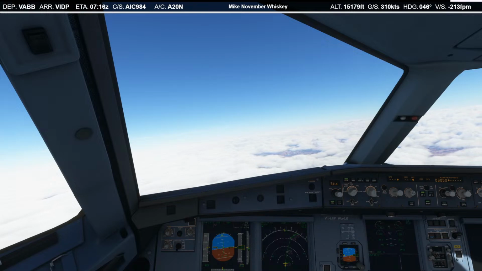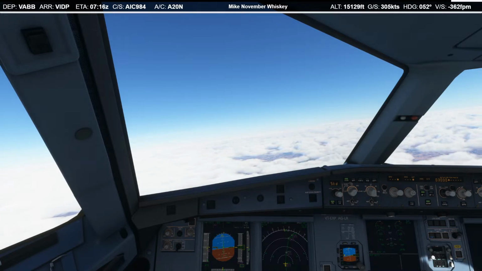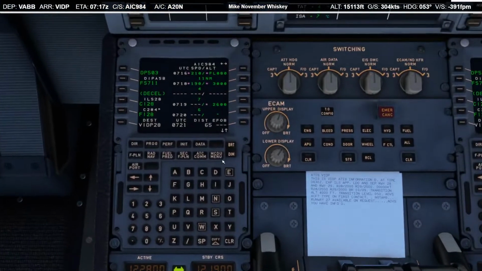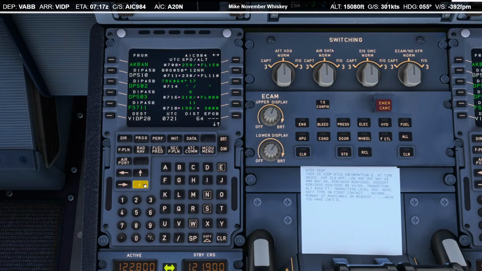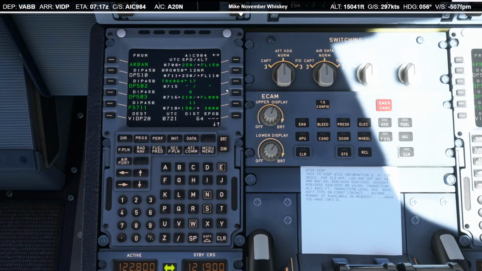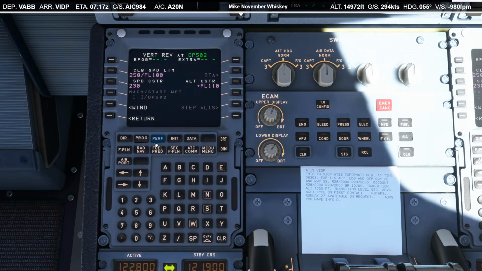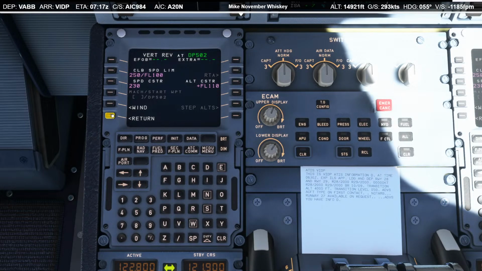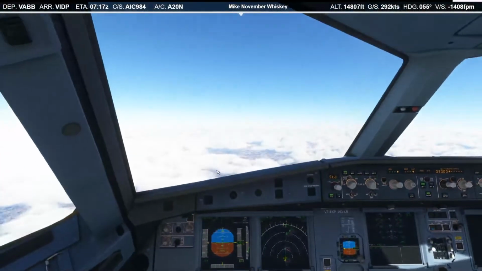Looks like it's going to let us go as low as 8,000, which is interesting. That doesn't seem right.